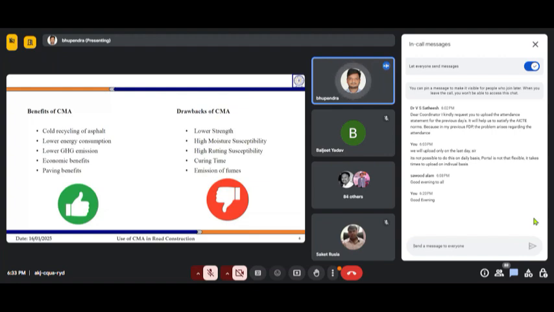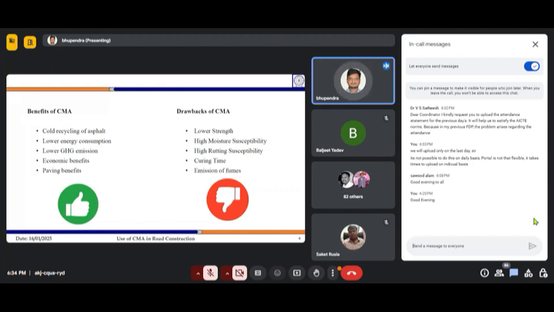When we see the drawbacks, we have discussed the lower strength, when you compare the basic strength, which is the Marshall stability that we check. Marshall stability of just unmodified cold mix asphalt is considerably lower than conventional hot mix asphalt. Its moisture susceptibility is also high. We know that moisture is the biggest enemy of bituminous pavements, and if the moisture resistance is even lower than the conventional HMA, then you can judge that the cold mix asphalt's moisture resistance is very poor.